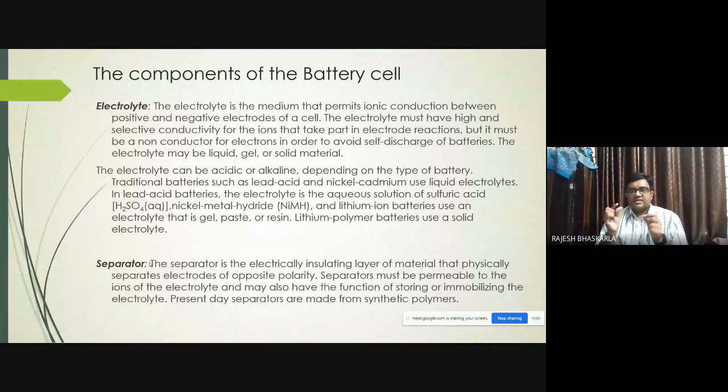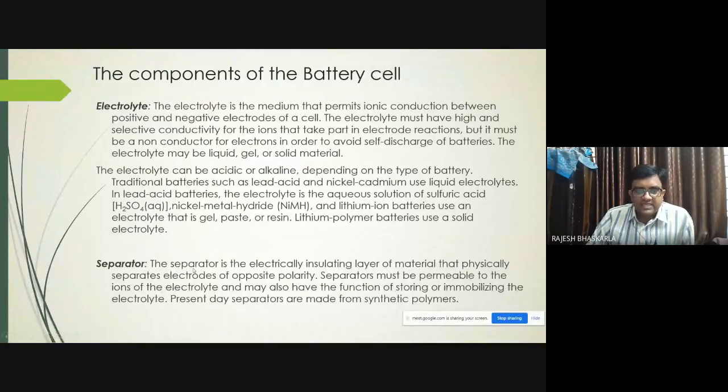A polymer is a larger molecule element like rubber, etc. We don't use rubber in a battery, but rubber is a polymer. Similarly, we have synthetic polymers. We are using synthetic polymers, that means artificially created polymers, which can withstand heat. They are used in order to transfer the electrons from one side to the other during operation, and they stop when they are not operating.